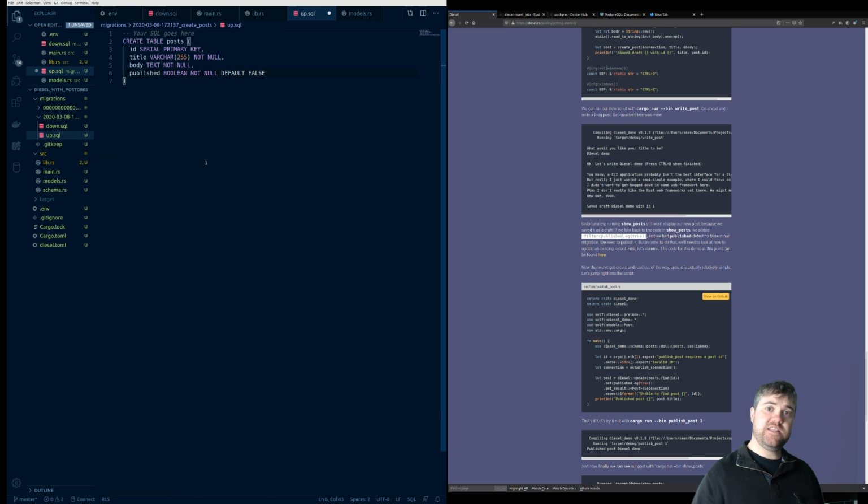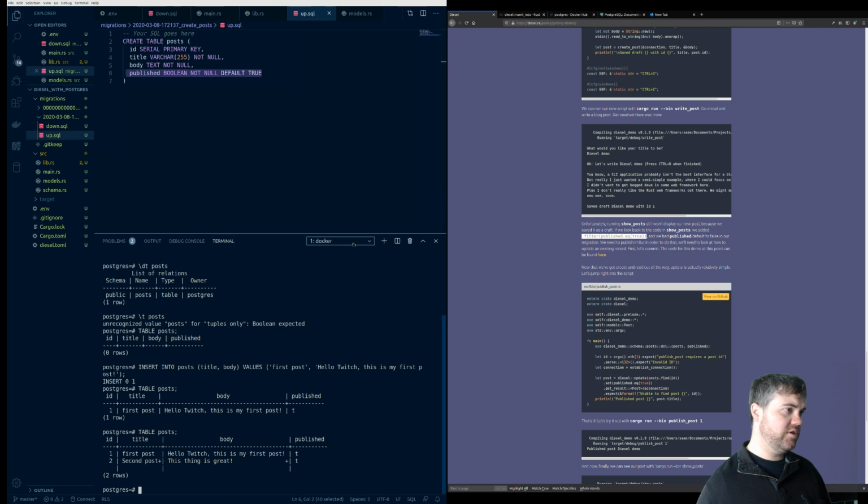If I did that, the migration has already been run. I would now be like out of sync with how everything works. In production, once you sort of like start using a database, you're not supposed to update previous migrations, especially if you push these to production. So instead, you'd need to create a new migration to alter the table posts and reset published to be a new type, which I think we can do with,